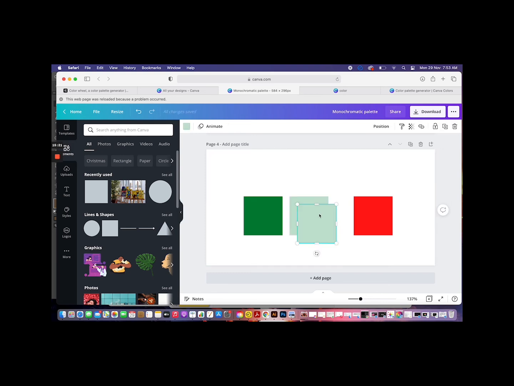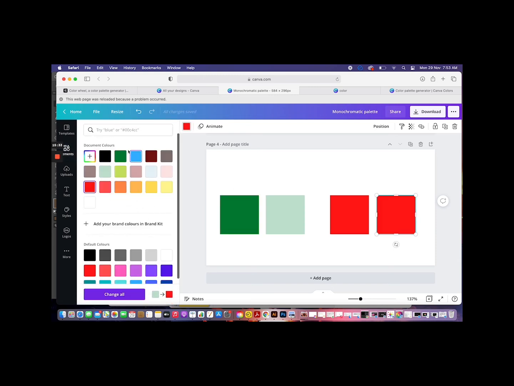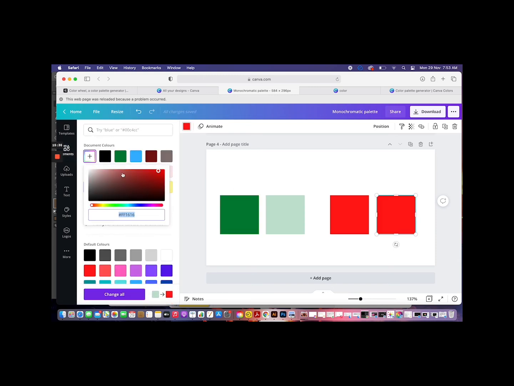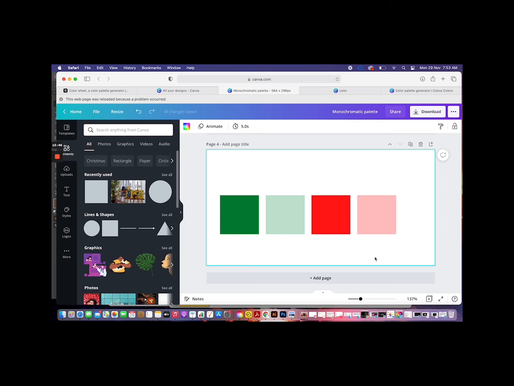Now I can also add something like that for our red, right? So if I have taken this red and I'm going to edit it, I can give it a shade, which is a light pink. Now suddenly this color palette is starting to look like a bubblegum candy wrapper. Now you will notice that this is equally balanced. There is light and there is dark.